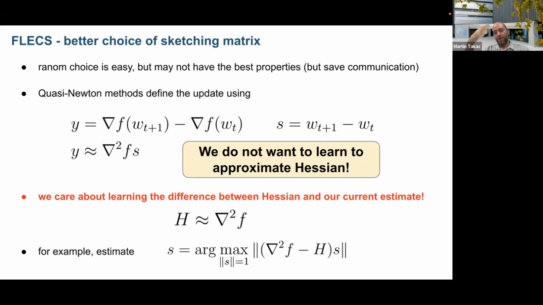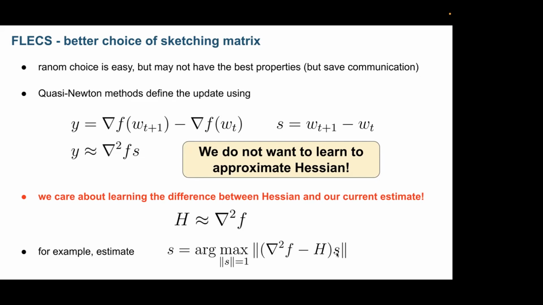Again, think about the power method. If you want to compute this one by the power method, you choose some S, then you will get some Y, right? What if I choose the next S to be this Y? As you're progressing, you're getting better estimates. Yeah. But again, to do this, you need information about